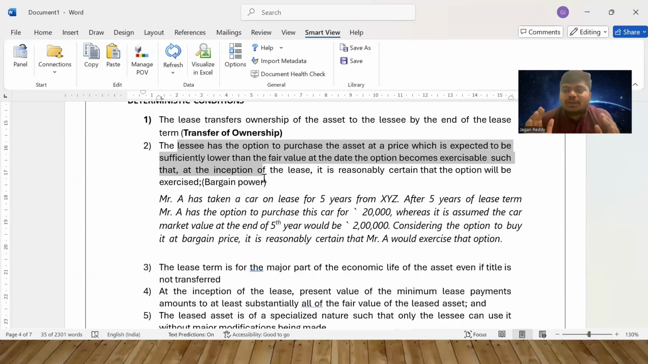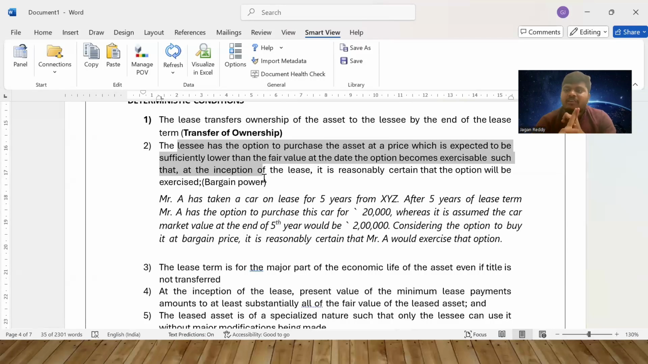The last point is that at the end of the lease period, the lessor has given an option to the lessee. From the first day, from the inception of the lease, if the option is exercisable and beneficial to the lessee, then it should be considered as a finance lease. These are 5 points you should consider. One is the transfer of ownership at the end of the lease period, then it should be considered as a finance lease. And the second one is,